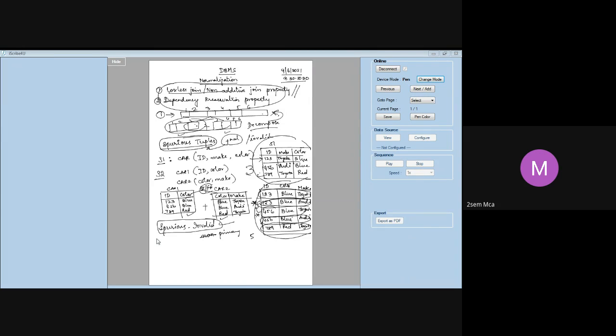So that is your lossless join, or the non-additive join property. What does it mean? You should avoid the generation of spurious tuples. Apart from normalization, whatever 1NF, 2NF, 3NF you are trying to apply, along with that, you should also take care to see that you are not going to get any spurious tuples. Any doubts, anyone, on this? Because what a spurious tuple is is very important to understand.